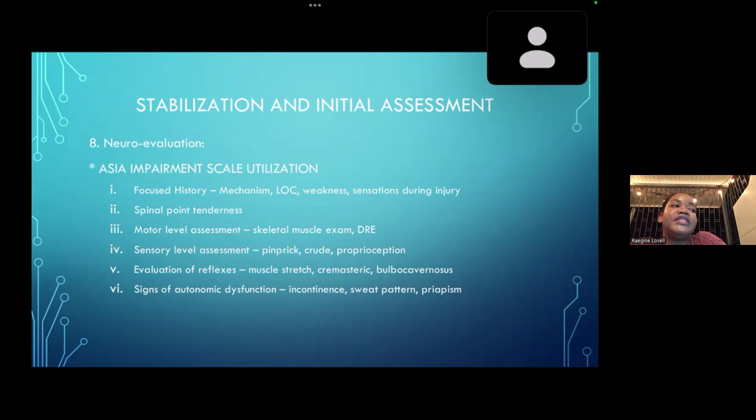We also need to palpate the spine for point tenderness or step off, where you have the widened interspinous space. We get to do motor level assessments at this point. So skeletal muscle exam can help localize the dermatome, as well as rectal exam for voluntary anal sphincter contraction. Sensory level assessments, again, pin prick with,